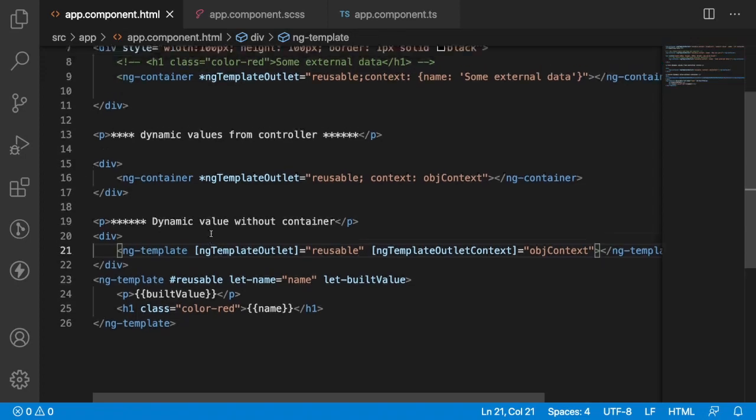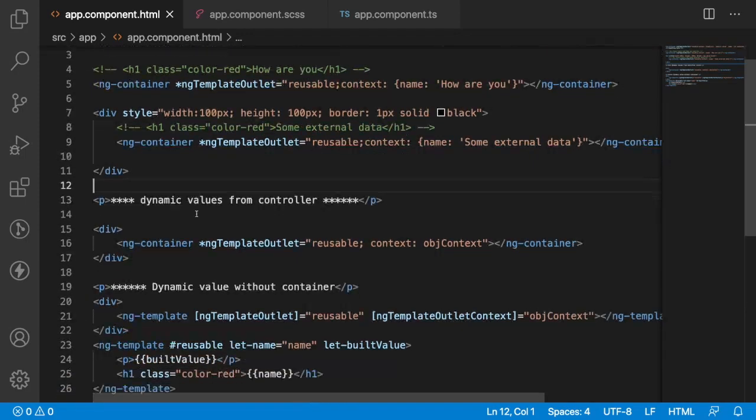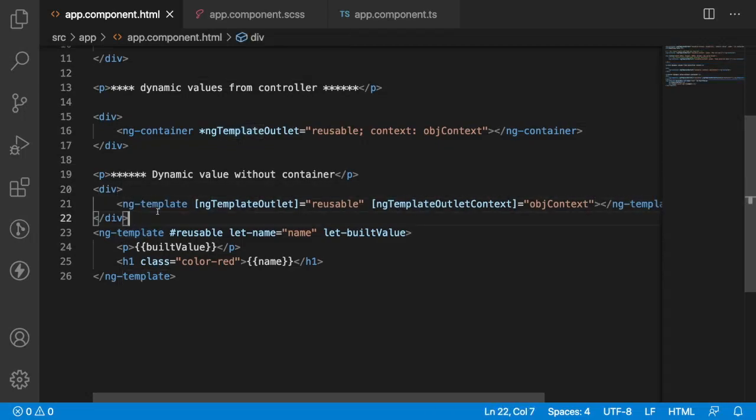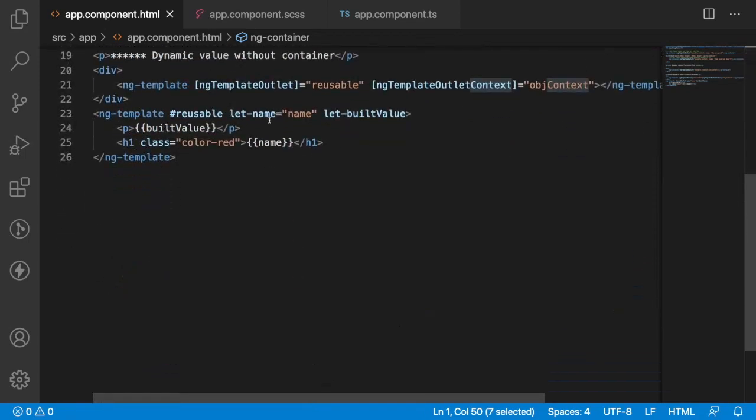So let's revise our points to remember. We can create our templates, or dynamic HTML content, inside our component by using ng-template. To access that ng-template at any place, we can use ngTemplateOutlet on the container. We can use this in two ways: one is by using a structural directive, and second by using a property binding over the ng-template. And how to pass the data? When you want to pass some dynamic data to your ng-template, we have a keyword called context, and you can pass the object to that context, and access them by using let variables.